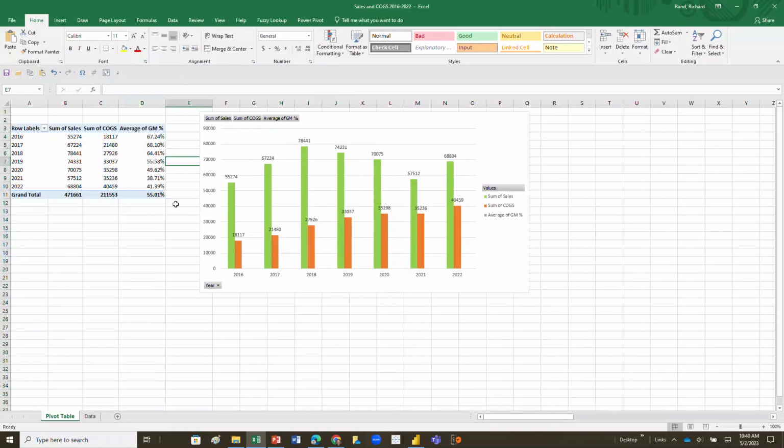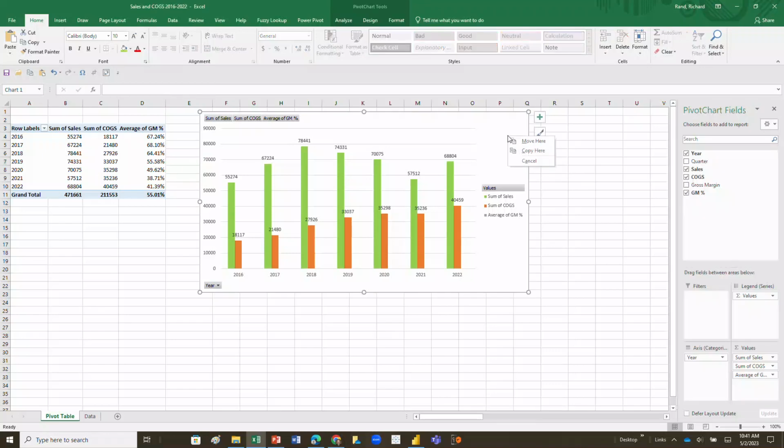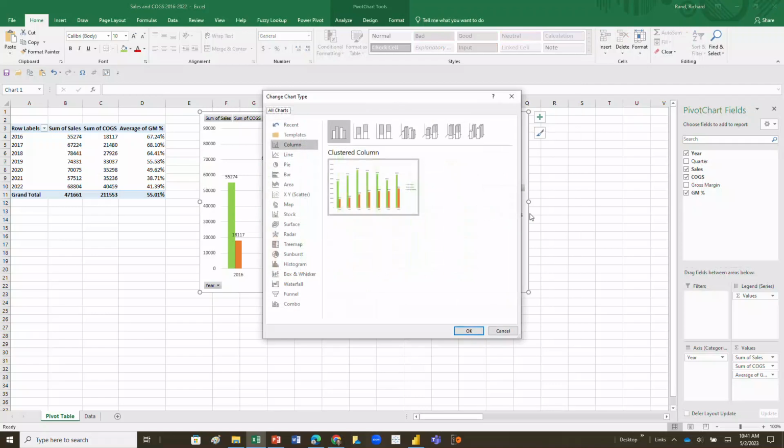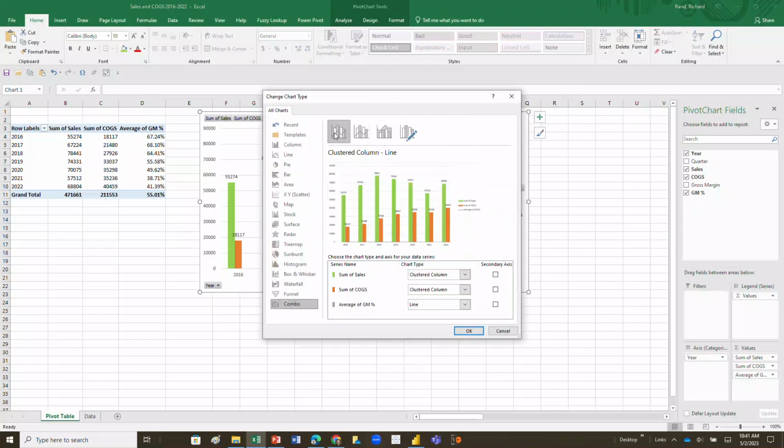That's because these are dollars on the y-axis and this is years on the x-axis. But I want to show this percentage. I'm going to show it as a line superimposed over these bars. So how do I do that? Well, I'm going to change my chart type. This is, of course, what we called a clustered bar chart, right? I'm going to right-click anywhere in my zone, and I'm going to go down and click Change Chart Type. I'm going to choose this thing down at the bottom called a combo chart. Combo chart is going to add a line for me, and